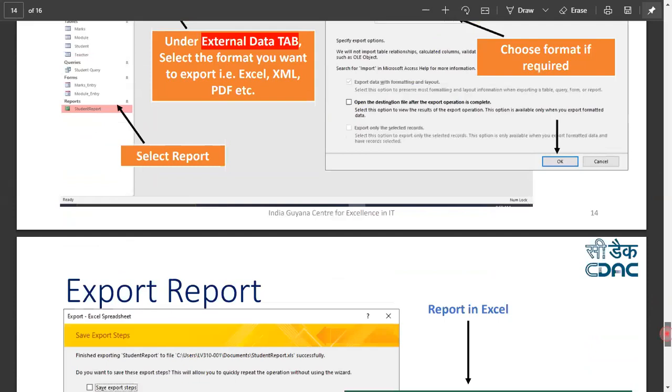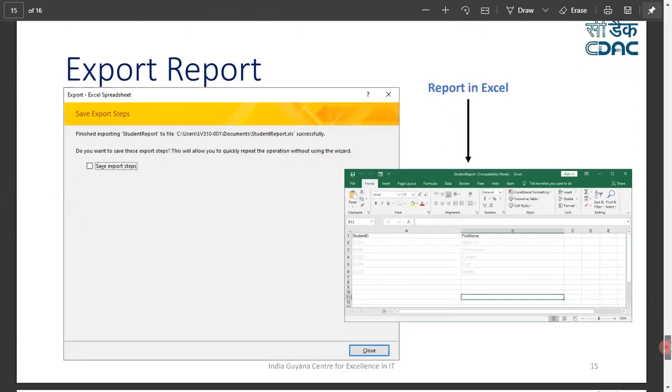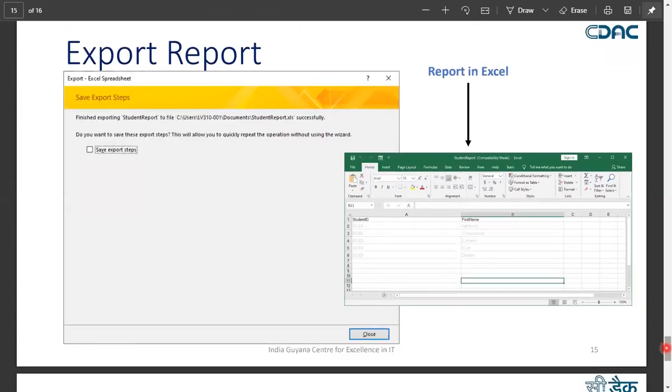When I click on OK, this report will be exported into Microsoft Excel, and you see the interface in Excel. When I open this report, I'll see my data in an Excel sheet. And some people find it useful to do analysis or certain research, so they need data in an Excel format. So you can export it to Excel, and those people can analyze the information and data.